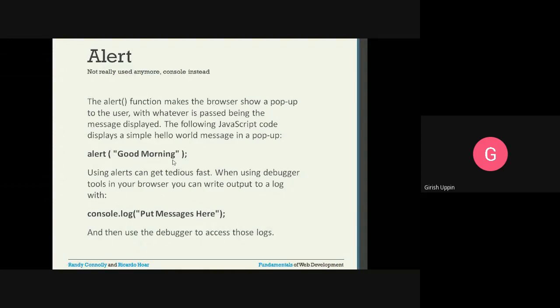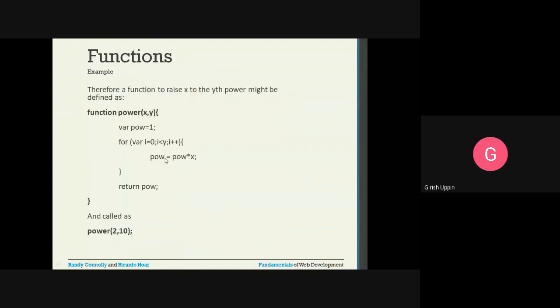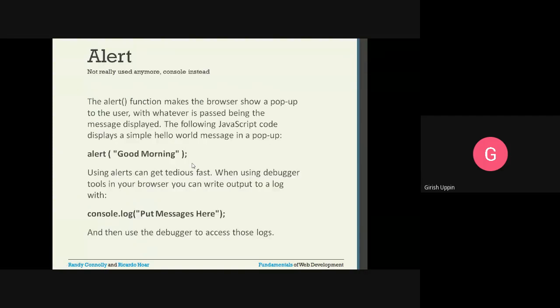Suppose you are doing some calculation and the answer is not coming correct. At various stages of the JavaScript you use the alert and display the value. After every calculation you expect the answer should be like this, so use alert and display that value. If it is not showing, then you will come to know there is some problem.